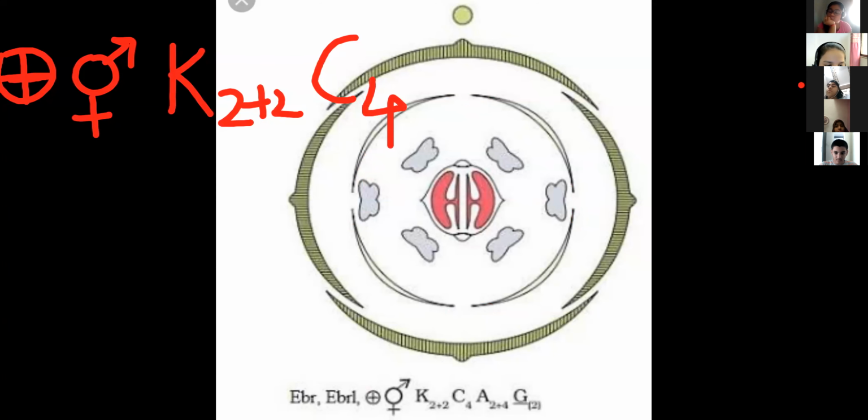Okay. After corolla, next is which word? Androecium, right? We write it this way, androecium, capital A. In total 6 stamens are there. But again, these 6 are arranged in which pattern? All in the same whorl? Yes, different. So we write in this way, 2 plus 4. And they all are free from each other. So here there is no need to make a bracket.